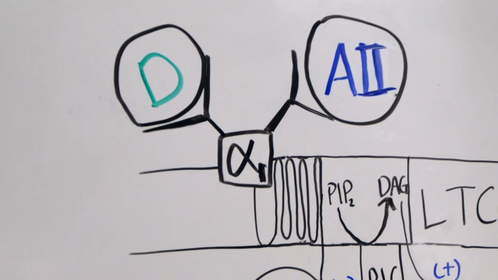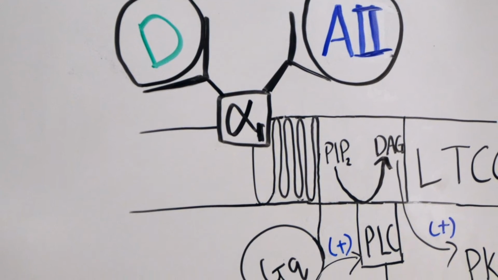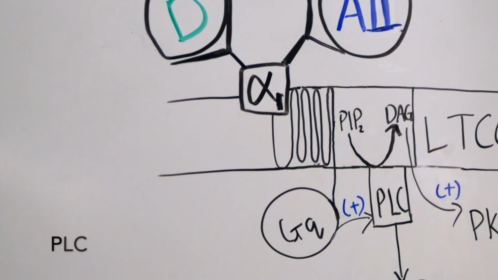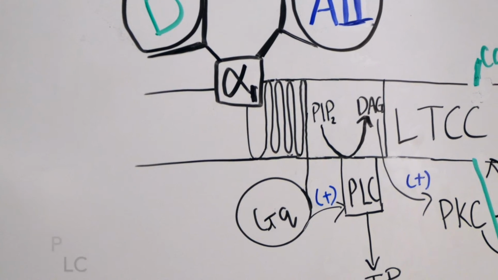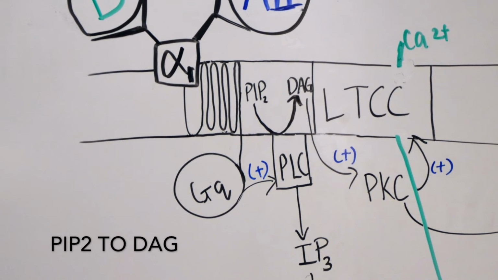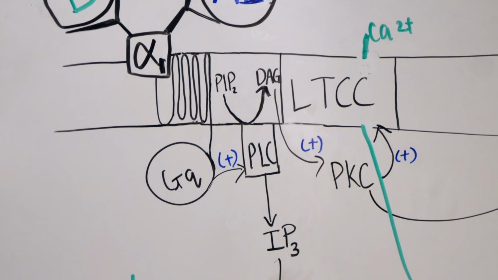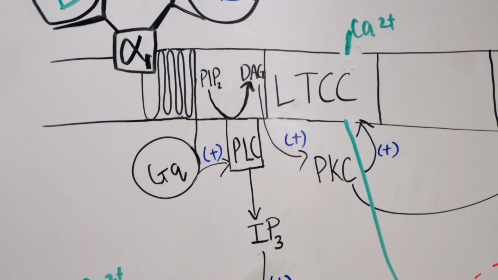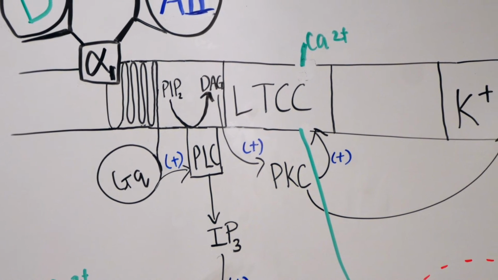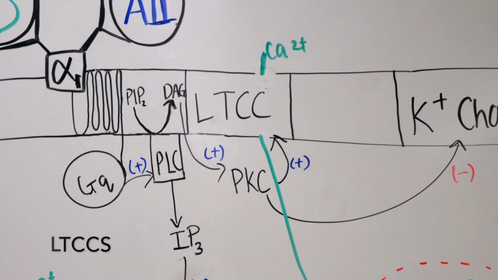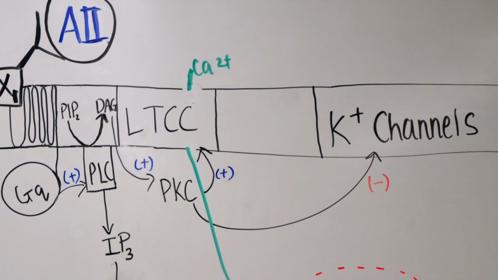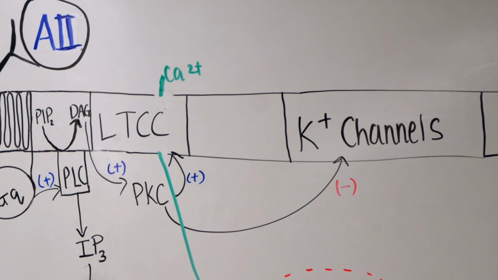When dopamine and angiotensin II bind to an alpha-1 receptor, the GQ protein associated with the receptor is activated and then goes on to activate phospholipase C, or PLC, which is an enzyme associated with the membrane. PLC activation leads to the conversion of the membrane PIP2 into diacylglycerol, or DAG, which resides within the membrane, and IP3, which moves freely in the cytosol. DAG activates protein kinase C, or PKC, in the cytosol, which then activates L-type calcium channels, or LTCCs, and inactivates potassium channels. Thus, PKC causes calcium to flood into the cell and prevents potassium from leaving the cell, prolonging depolarization